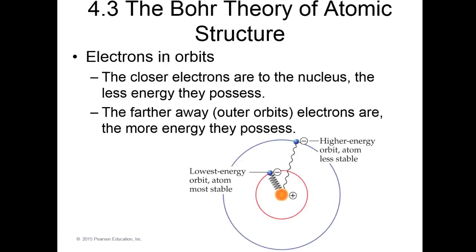So here's a better picture, an up close look, of how electrons move in these orbits. The closer the electrons are to the nucleus, the less energy they possess. The further away, the more energy they possess. So the lowest energy orbit atom is more stable. It's got a stronger attraction. Think of that magnetic field that we talked about. When you take a positive magnet with a negative, they stick together. The further apart you get those two magnets, the harder it is for them to stick together. So you have